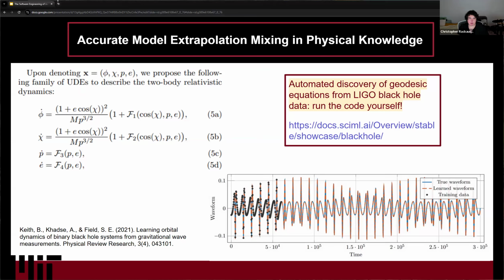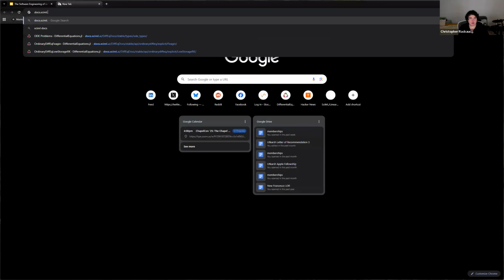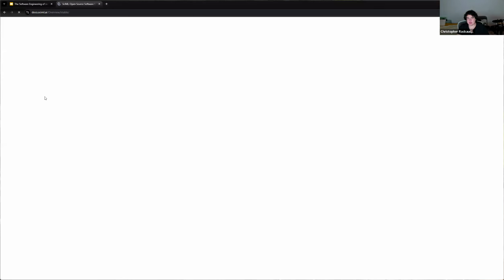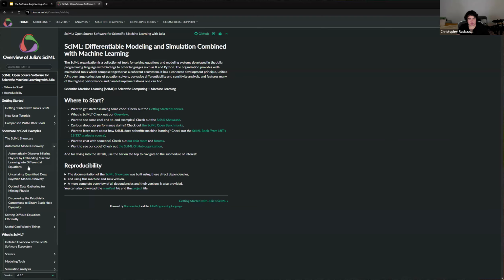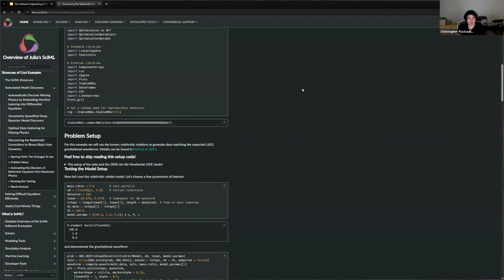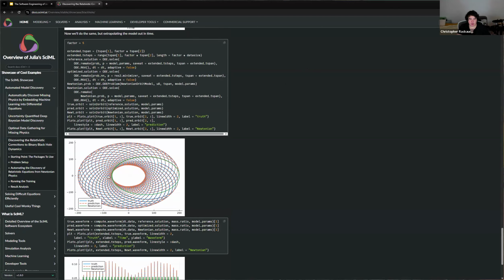And this is then something where, if you want to get a feel for what we do, you can go to docs.sciml.ai. If you go to docs.sciml.ai, you'll see the showcase of cool examples. You'll find this one, discovering relativistic corrections to binary black hole dynamics. And you'll see that this tutorial is fully written out for if anyone wants to run it on their own,